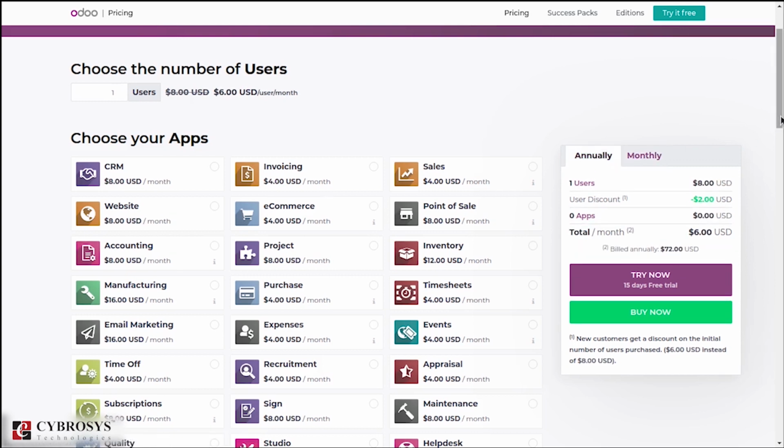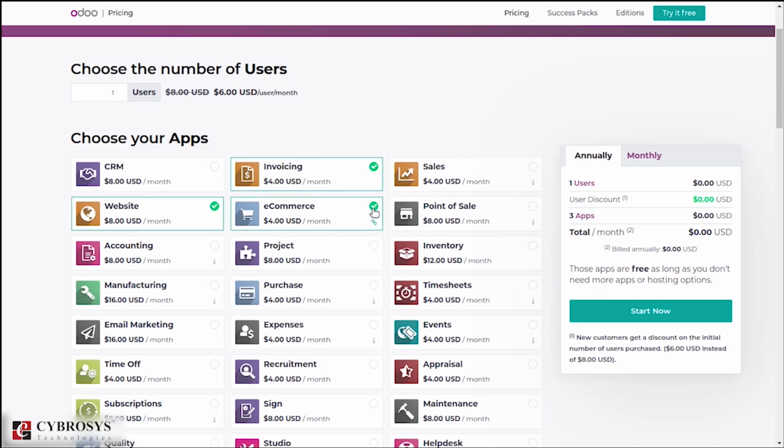Then Odoo also provides a 15 day free trial, and you can also see that when you select any one of the modules, automatically the dependent module would also be selected with that. And here the corresponding details you can see, on the basis of users and the number of apps.